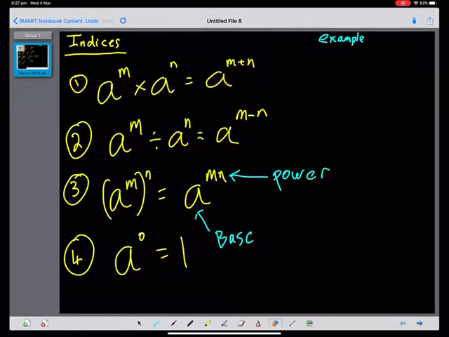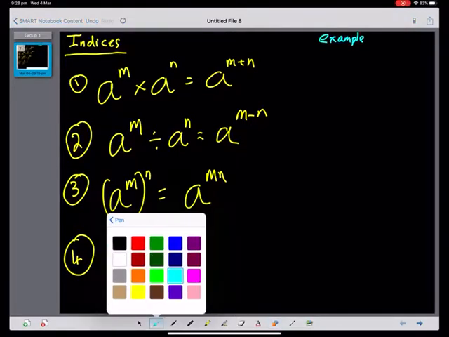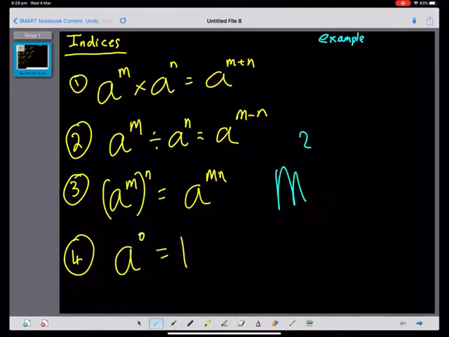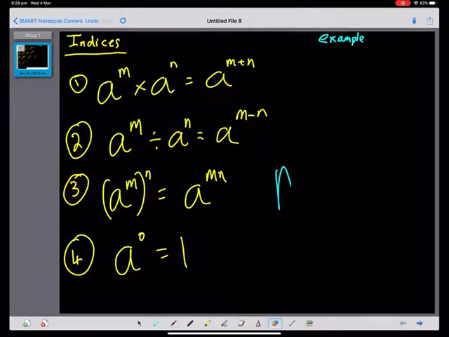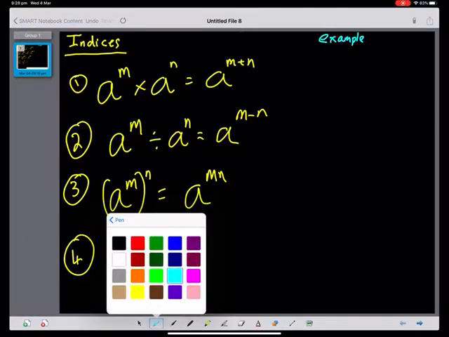or the exponent. And for these laws to work, we need the bases to be the same. So for example, if we multiply m squared by a squared, we can't add the powers. That would just become m squared a squared. Okay, so let's look at some numerical examples first,